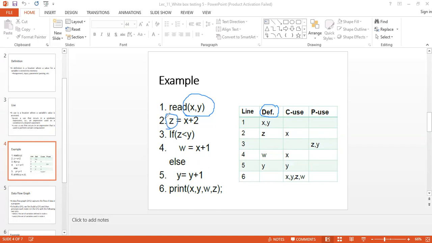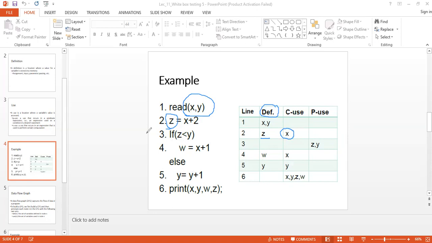In that case, z is another definition, and x is already defined in line number 1, but here you can see x plus 2. It means x is involved in an operation, and that operation is a computation. That's why I can consider it a c-use.